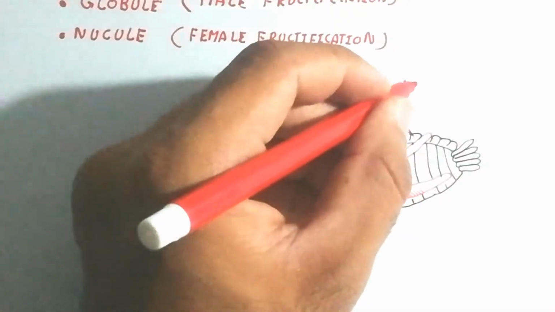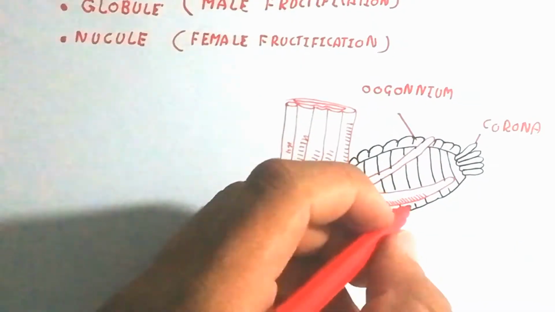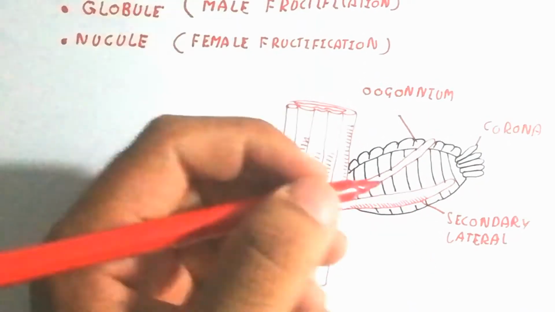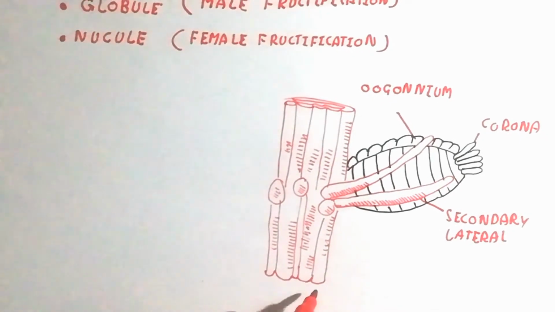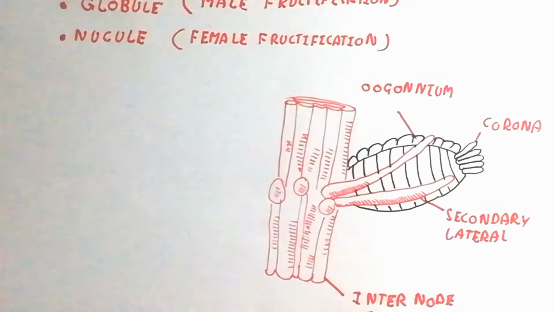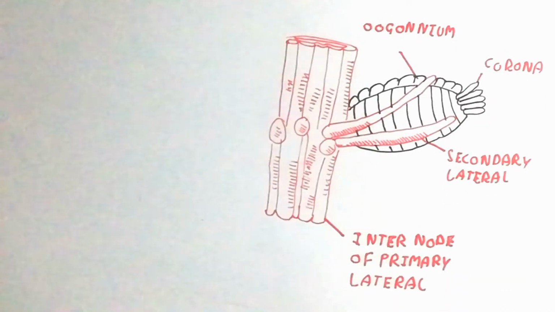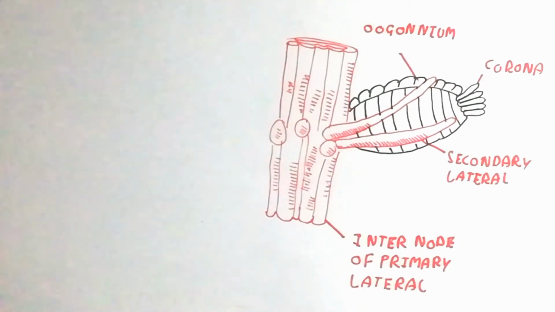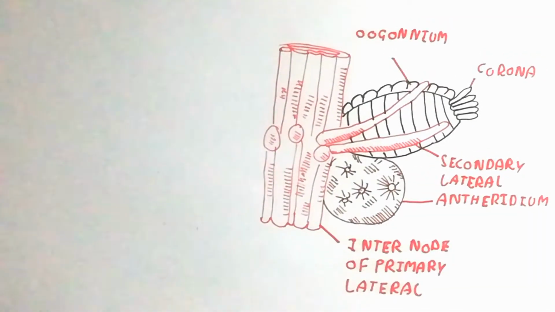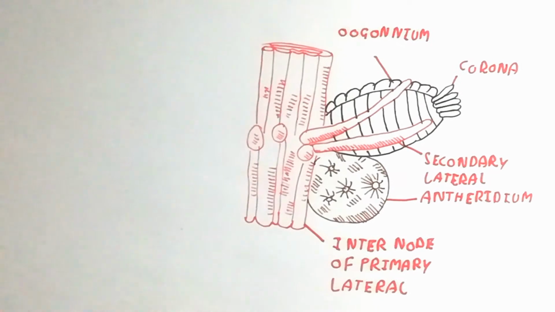Fructification means the development of the gametes, basically the development of the sexual organs of the plant. Here you can see the oogonium, and here is the corona, which is the upper part of the oogonium, as shown in the figure. The secondary lateral is present over here. And here is the antheridium, which is the male